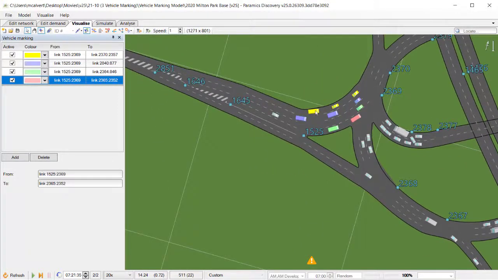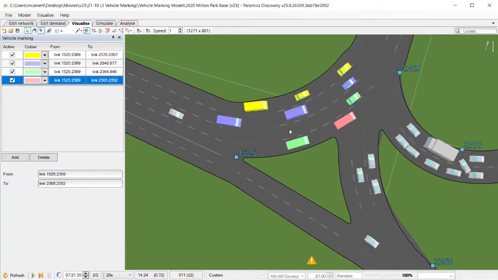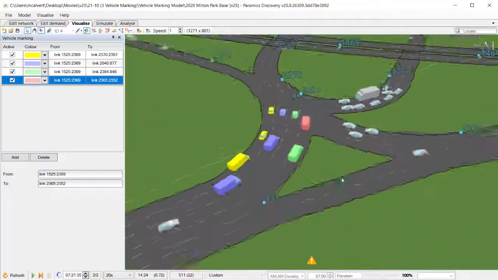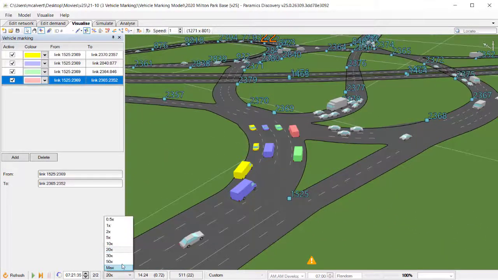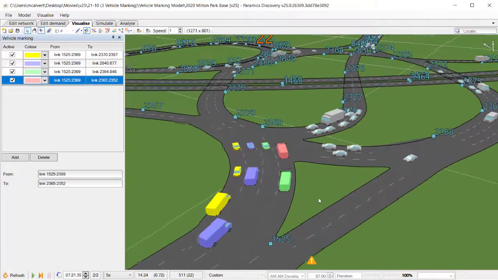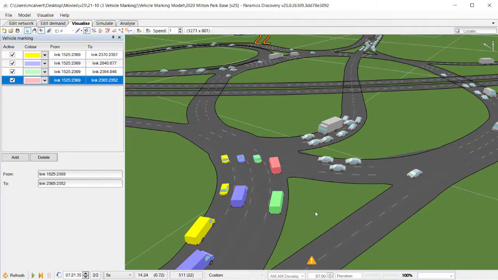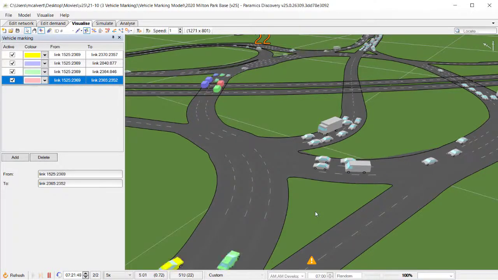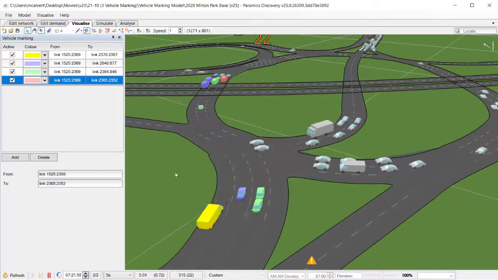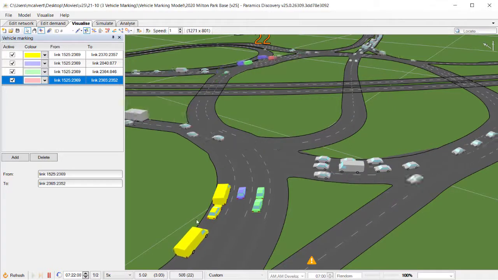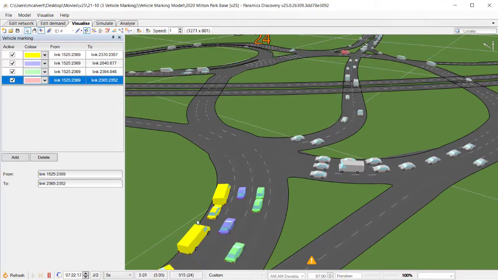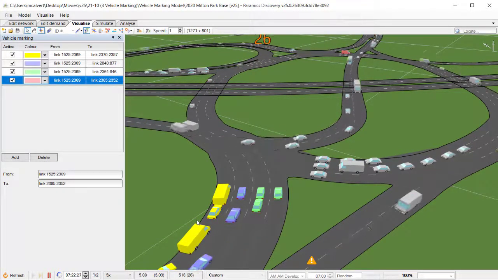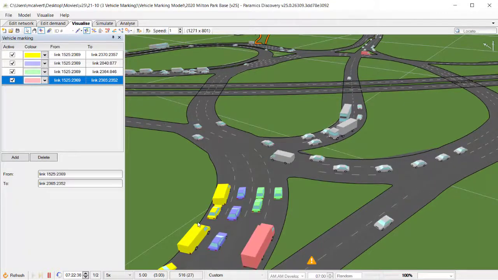in these 4 different colors. So what you can see there is the 4 different colors on this approach, and you can see them getting into the appropriate lanes as they move through the roundabout. And it's great for checking, are they in the right lanes? Is there some strange lane behavior going on, or is it moving quite nicely? Now, this is a really well calibrated model, so we should see some lovely, smooth, nice lane choice and behavior in this model. But the vehicles still have to